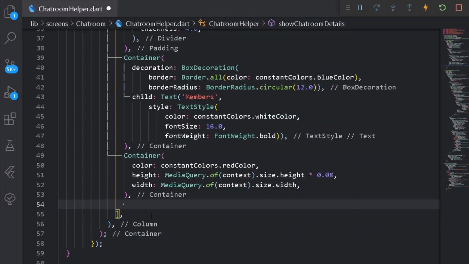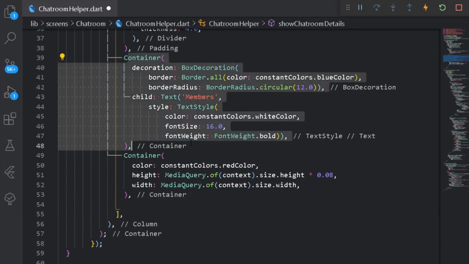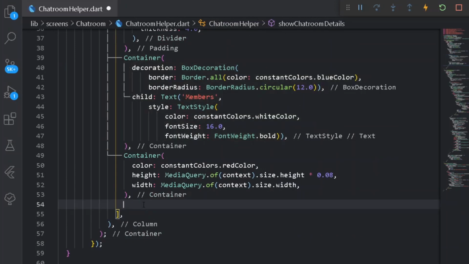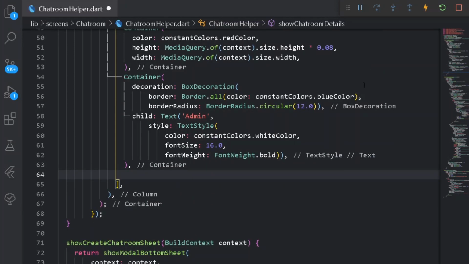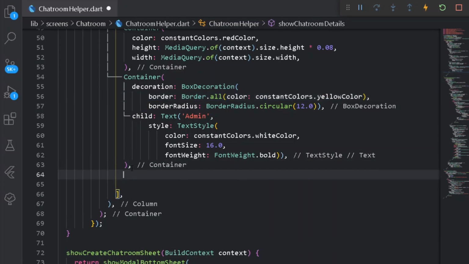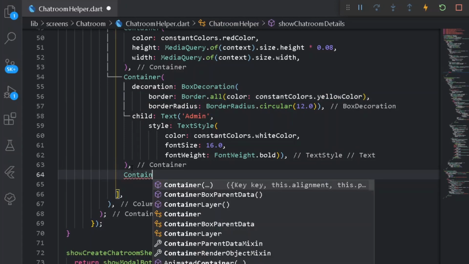After having the following container, we shall be having one more container for a text. So I can copy the entire thing here, and here instead of members let's have a name of admin. So format document once. Cool. After having the following container, first of all let's have a different color, a yellow color. Cool. So after having the following container, we shall be having here a small container for the information about the